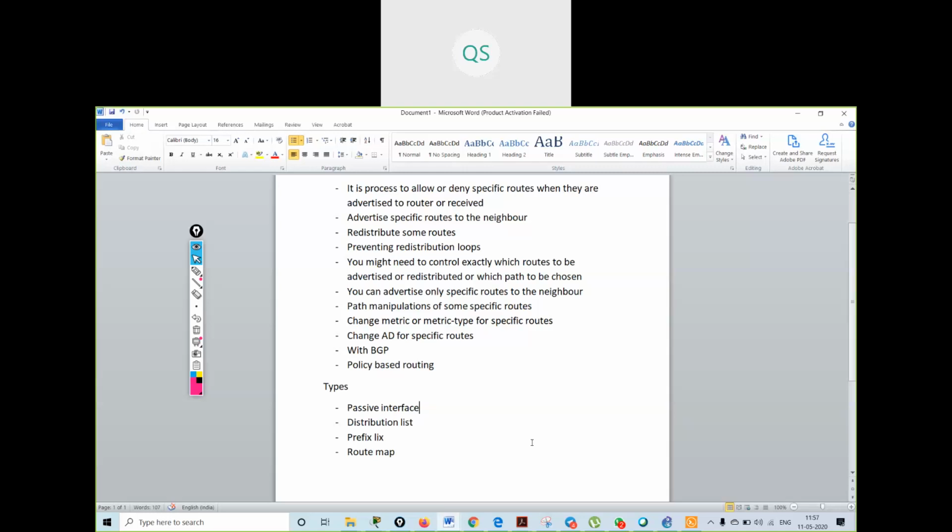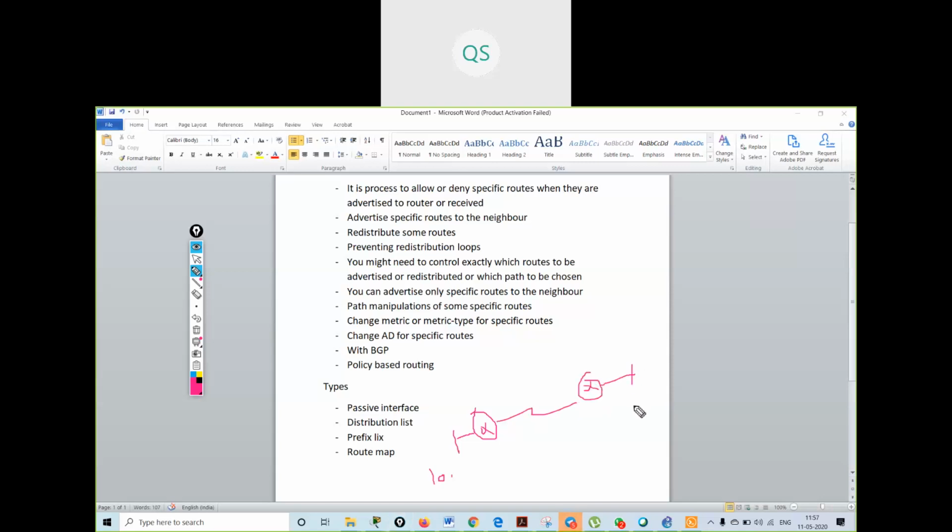We will see the practical of this also. If I give you an example, suppose I have some router over here. One router is connected and my LAN is connected. Here I am using the 10 dot network. It is connected via WAN.